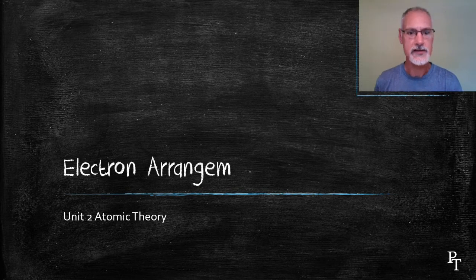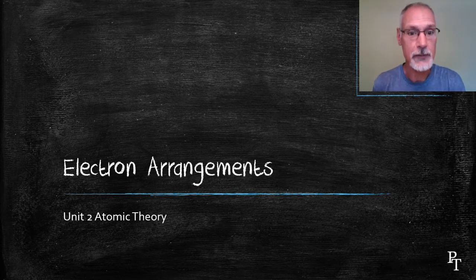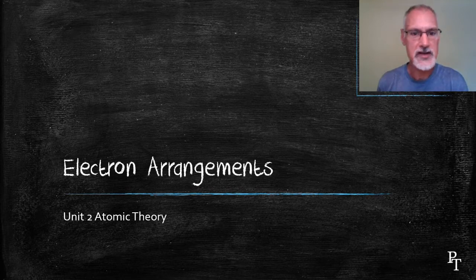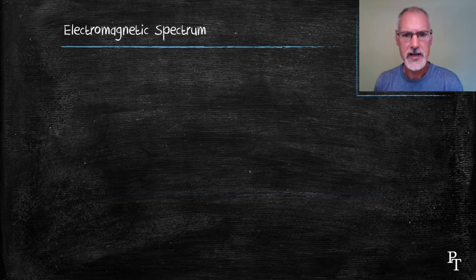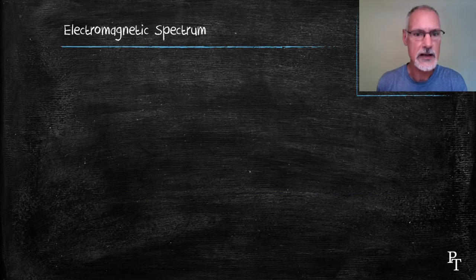This is the second program in our series on atomic theory. In particular, today we're going to take a look at the work of Niels Bohr and how the electrons are arranged within the atom. The first thing we need to understand about Bohr's work is the nature of the electromagnetic